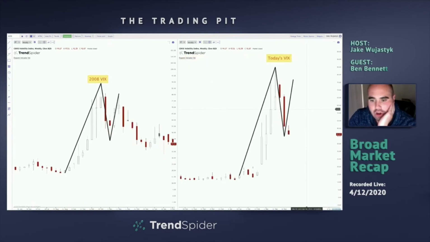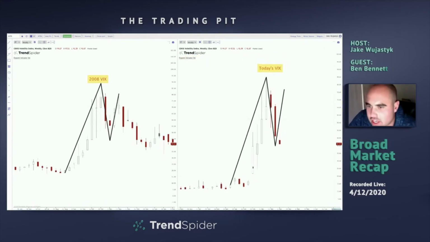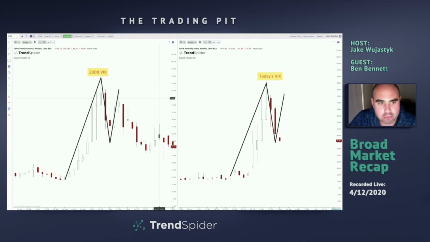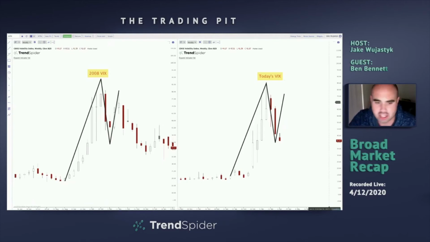I mentioned this in a group earlier today, and somebody's question was a fantastic question. 2008 and 2020 are two very different things, right? One of them was a complete meltdown of the financial industry and the financial plumbing of the world. And then this one is more of just an all-out, pretty much economy coming to a complete halt. So yes, 2008 versus today's reason for the move is very different, but that doesn't necessarily mean the pattern has to be different.